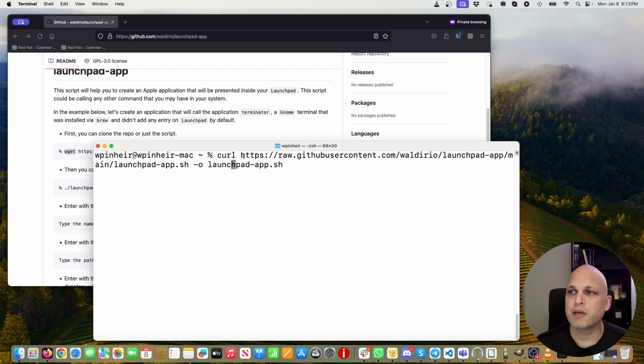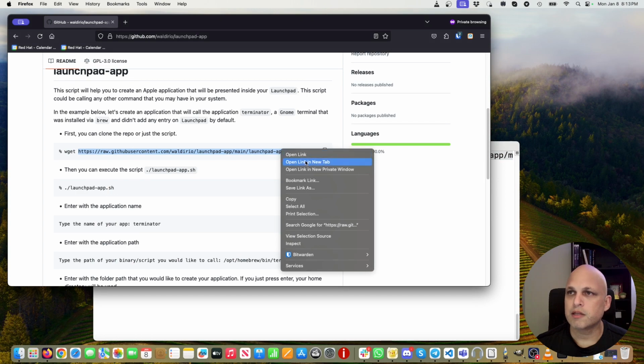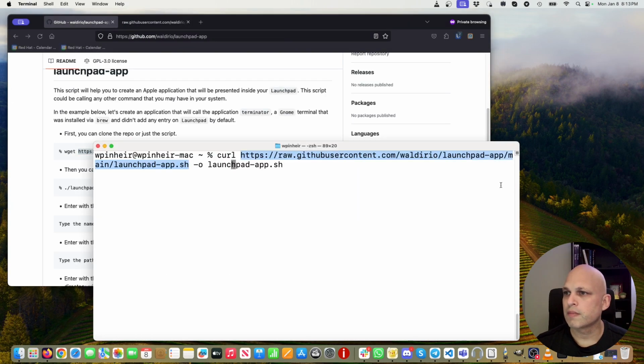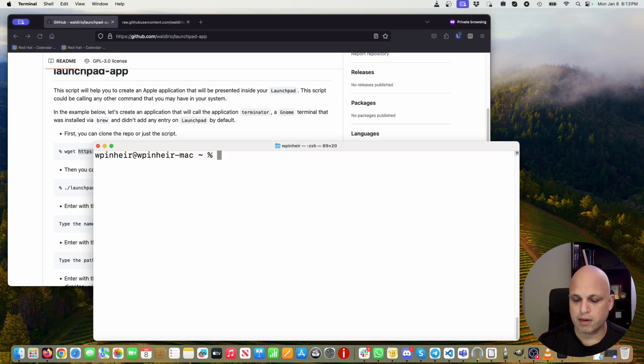You can copy the full path to this file, and this is going to open the script in plain text. Then we are going to save this as launchpad-app.sh. Okay, we saved the file. Let's change the permission, and now we are good to go and execute it.